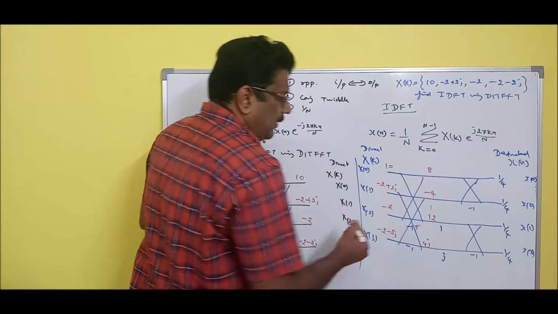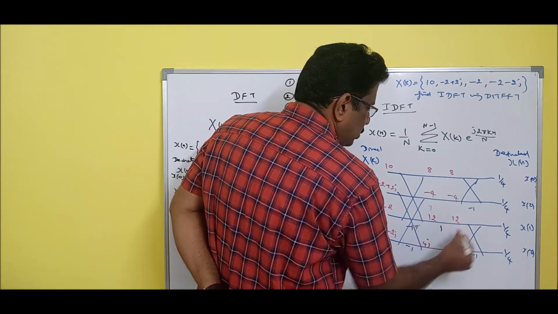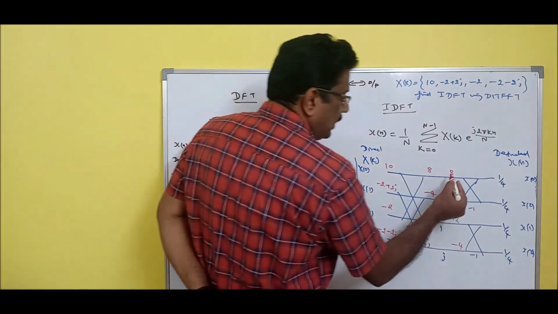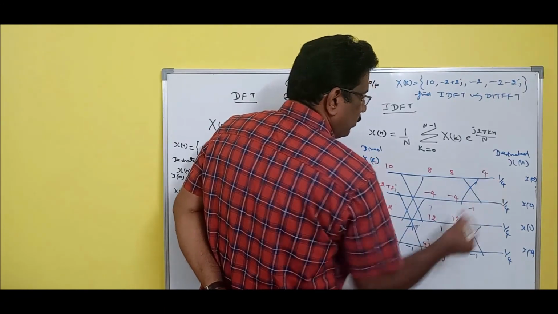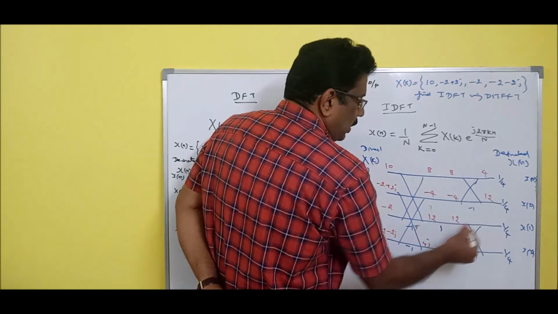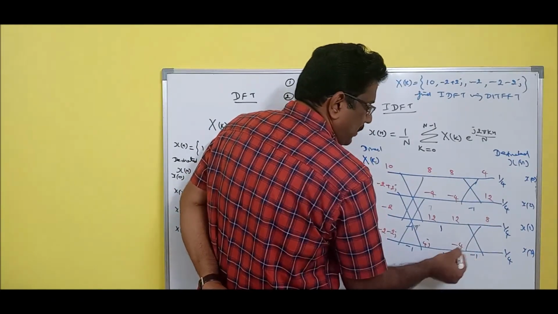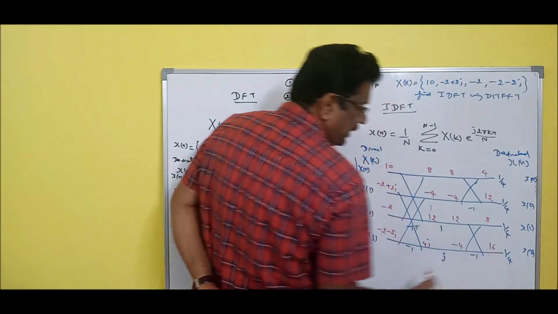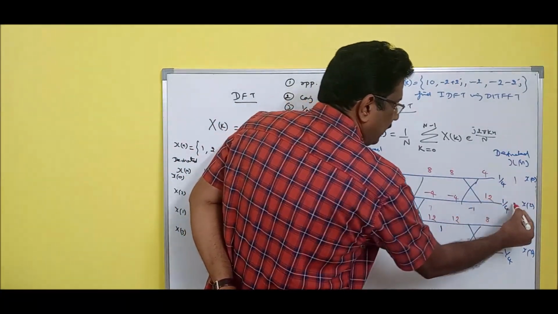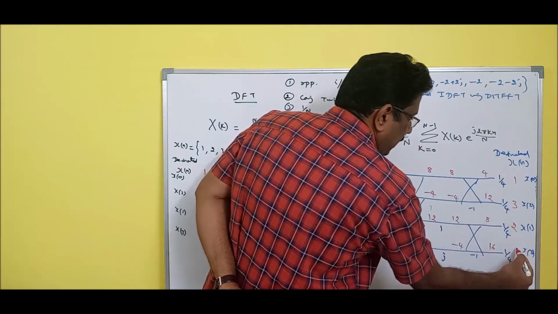Next, on the way any number comes, multiply. 8 minus 4, 12 into 1, 12. j into j, j squared is minus 1, so it is minus 4. Next, 8 minus 4, 4. 8 minus minus 4, so it is 12. 12 minus 4, 8. 12 minus minus 4, so it should be 16. Okay, divide by 4, very good. 4 by 4, 1. 12 by 4, 3. 8 by 4, 2. 16 by 4, 4.